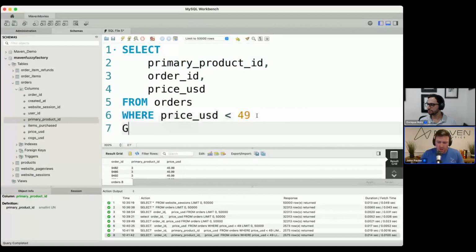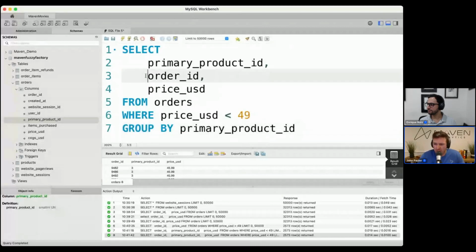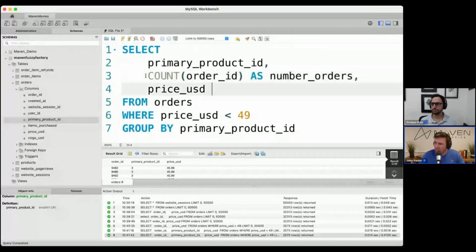So I'm going to say group the data by primary product ID, and I'm going to include some aggregate functions. I'm going to count the number of order ID values and call that number of orders. And then I'm going to sum the price USD, and I'll call that total revenue.